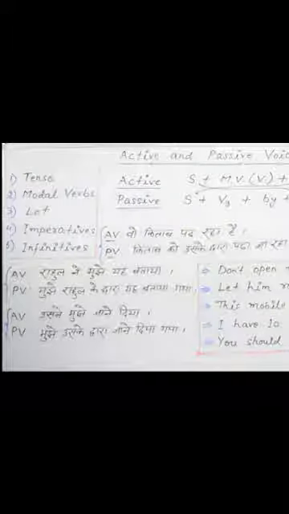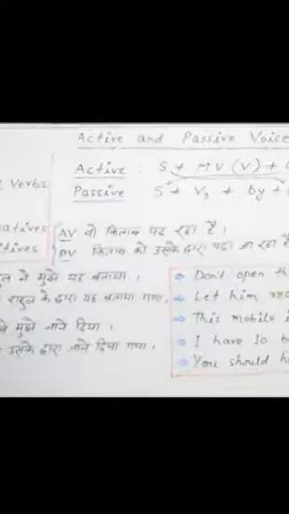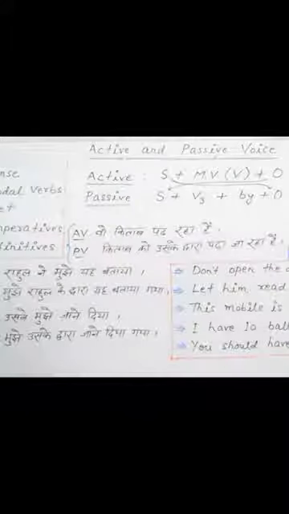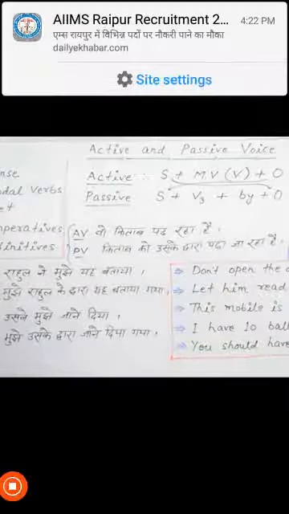Again look here, when we convert active to passive, according to the tense we also use modal verbs, and through let, imperative sentences and infinitive words that will be converted into the form of active to passive voice. So look here at some examples. AV means active voice and PV means passive voice. वो किताब पढ़ रहा है. ये सेंटेंस जो है वो आपका एक्टिव वॉइस में है, नॉर्मल सेंटेंस है.